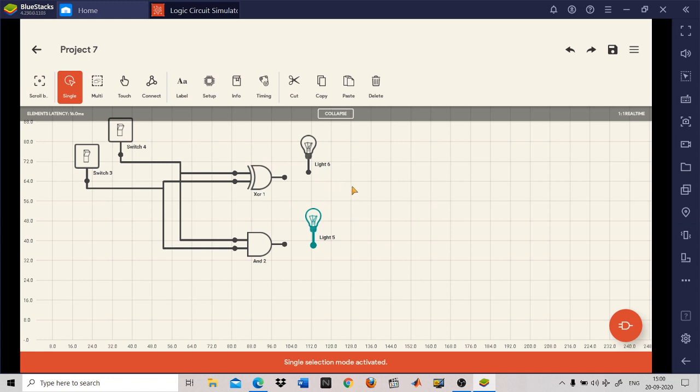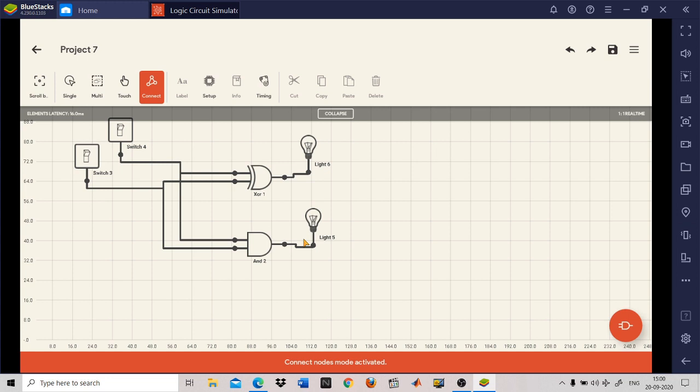Okay, so if you want to make the connection, again go to connect. Place your cursor on the dots. Fine, the wire came here, then again here and here. Okay, so in this way you can make your connection. So now you have to verify whether your circuit is all okay or not.